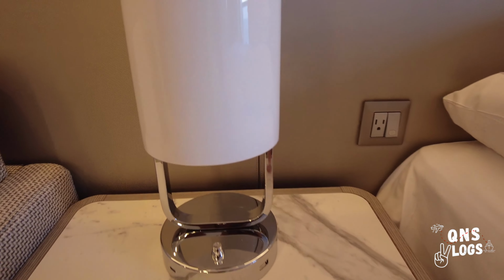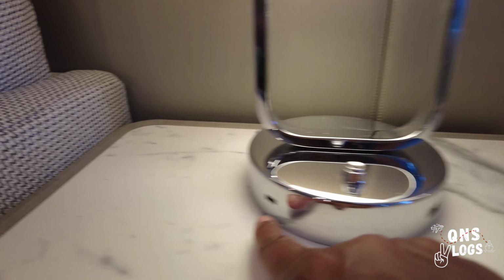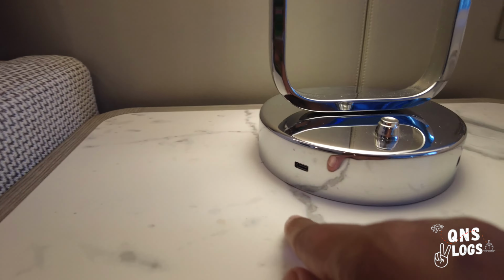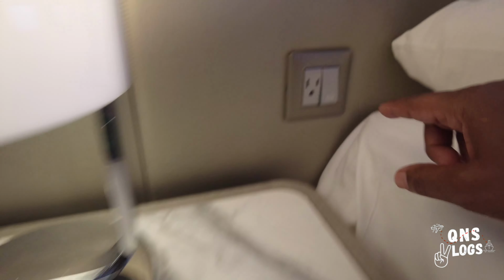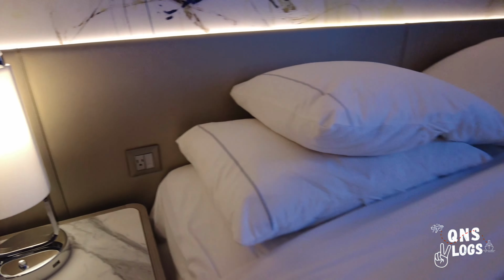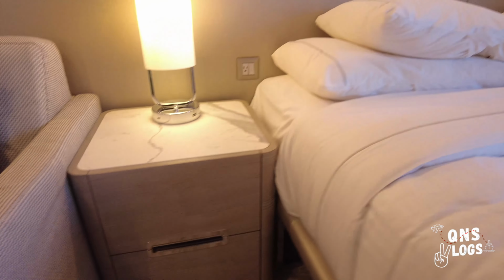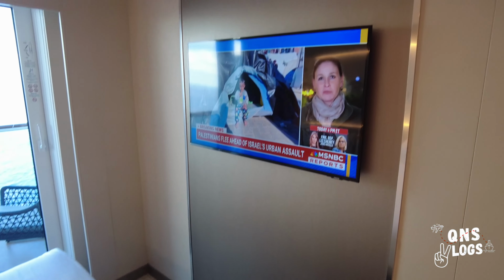Right here on the lights, there's a USB and a C outlet, so that's good. You don't see those on older ships. I guess this is a newer cruise ship, so that's good to know. And there's also a regular outlet for you to plug up things. Drawers here. Nice size television there on the wall. Here's a desk